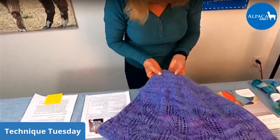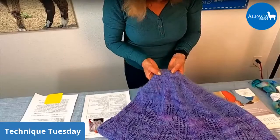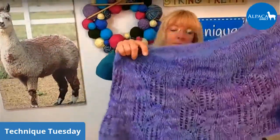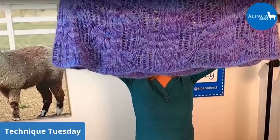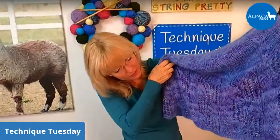I'm looking at it here. It was either a knit 2 purl 1 or a knit 3 purl 1. 1, 2. It looks like a knit 3 purl 1. But on the bottom, I just did a knit 2 purl 1 for 3 rounds, and then I did that Icelandic Bind Off. And you can't really see any ribbing down there, but what it did is the ribbing